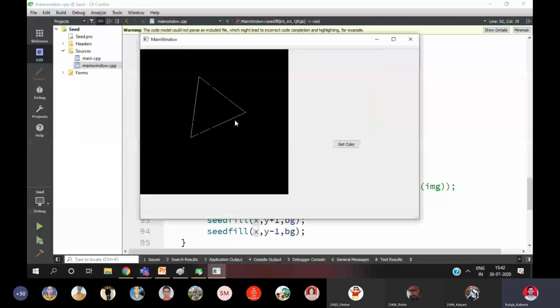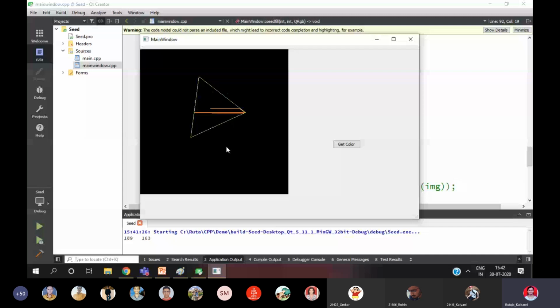And for filling purpose, yes, this is my seed. The seed started filling. In case of screen, y plus 1 is downward, as I told you, the reverse of our coordinate system.